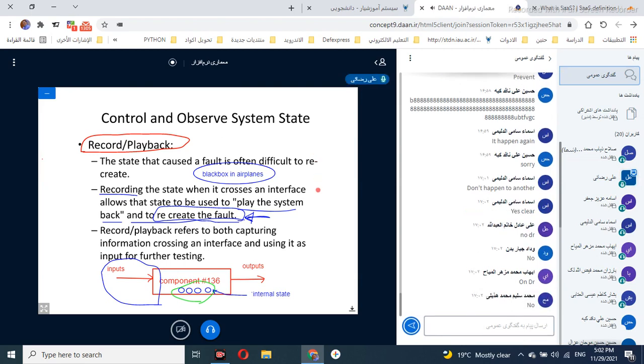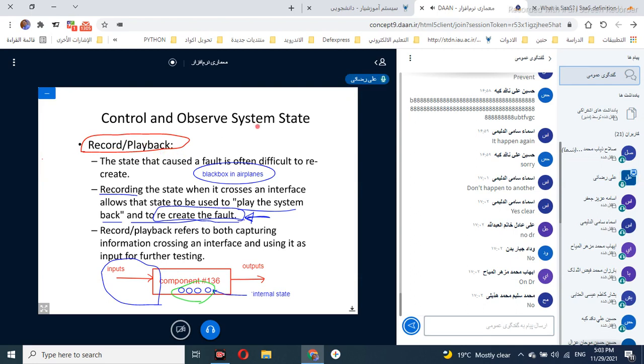So basically, you guys, let me tell you one more thing about this tactic. Implementing the record and playback tactic is difficult. It's not an easy task to do. It's so hard. It's so difficult in many cases. You know, many commercial applications, the software systems, and generally electronic systems don't have this record and playback